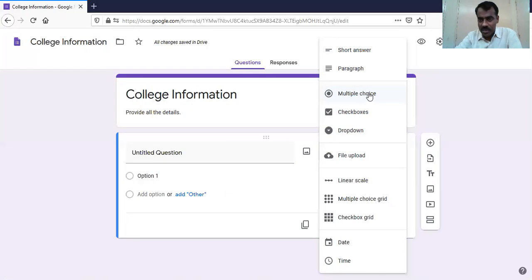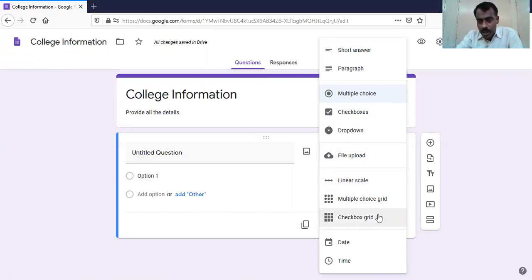And you have multiple choice and check boxes. Check boxes are for selecting more than one answer. Okay, drop down, file upload. If you require to upload some document, for example, a certificate or identity card, then we can use this file upload option. Similarly, linear scale is for rating something. If your question is related to rating, then we can use this linear scale.